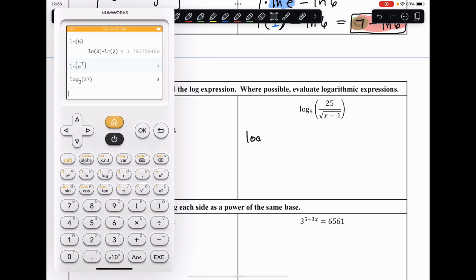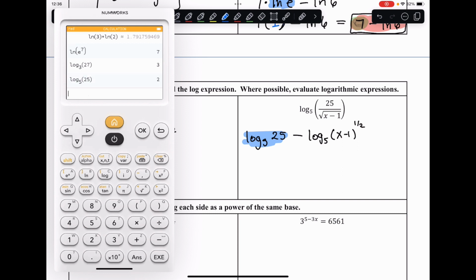Similarly, for the one on the right, log base 5 of 25 minus the log base 5 of (x minus 1) to the 1/2 power. Let's first evaluate the log base 5 of 25. Let's delete the base, change it to 5, and put 25 in the parentheses, and that's going to be 2. That makes perfect sense because 5 to the second power is 25. So this is 2